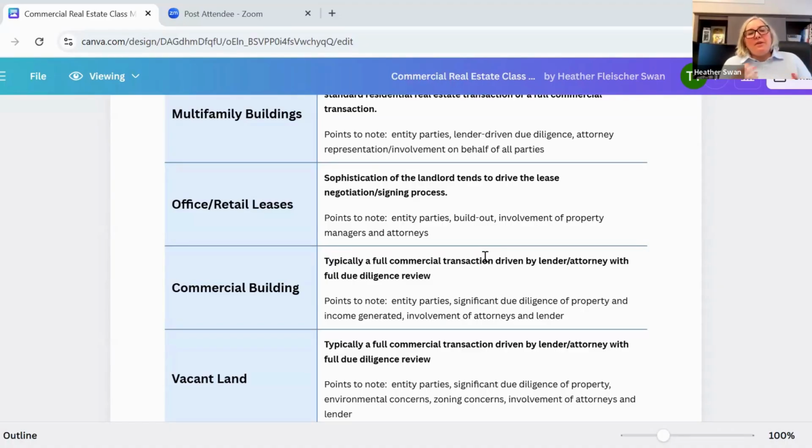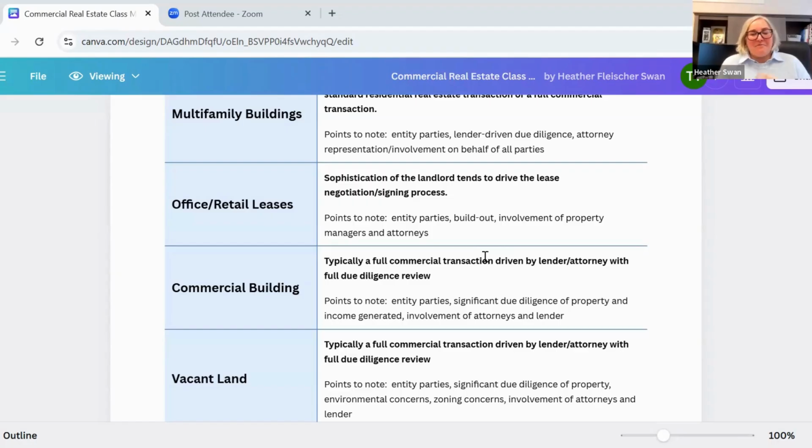So, with commercial leases, it depends on the sophistication, but the points to note in a commercial lease are, again, you're likely going to have entity parties. Sometimes not if it's just a small commercial building. I used to see a lot in Baltimore County where it might be a little house along Route 40 that's being leased out to an insurance company to use as their office. And that might have an individual landlord and the insurance agents' LLC is the tenant, and it might only be a few pages long